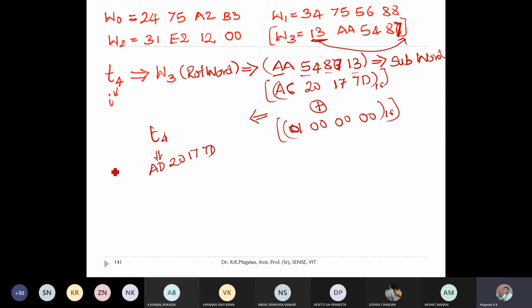Now you have to simply XOR. I hope everyone knows: for W4, you take the temporary word and simply XOR it with your W0. For W5, you go with W(i-4), which is your W1, XOR with W(i-1), which is W4. For W6, go with W5 XOR with